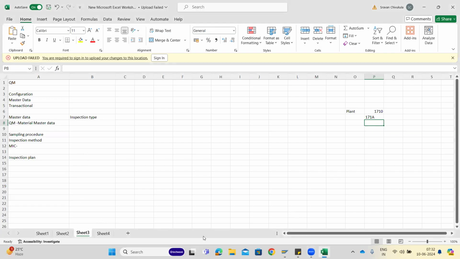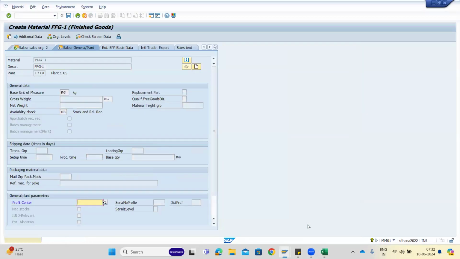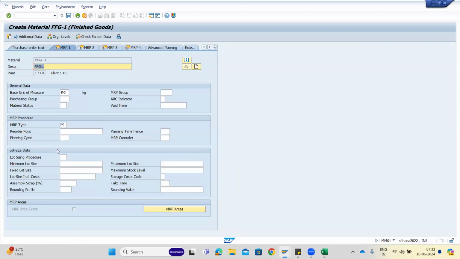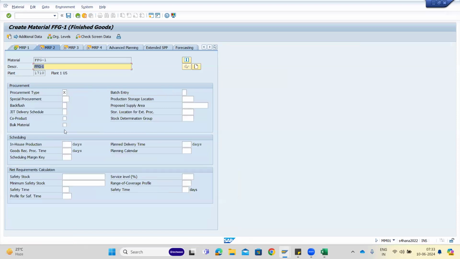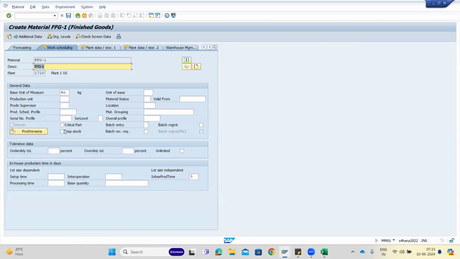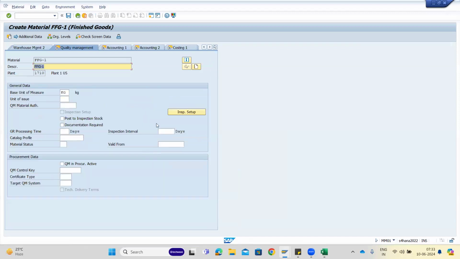Okay, let's complete this. Let's quickly create, and first we'll start with... let's go to the QM view, then come back. Because we're discussing the QM view, I don't want to go off topic. So in the QM view,